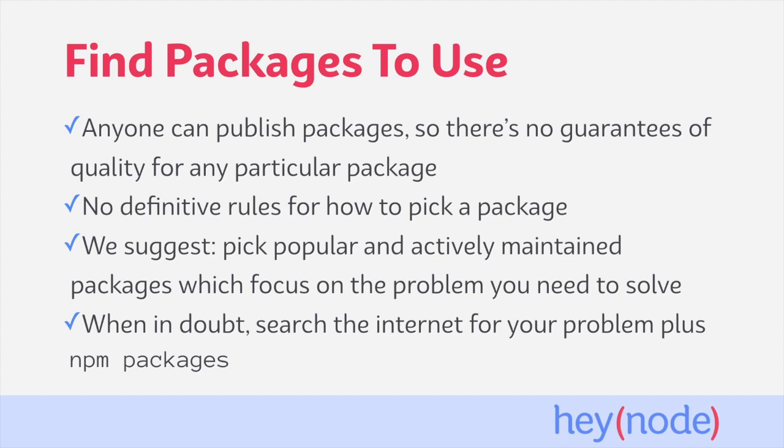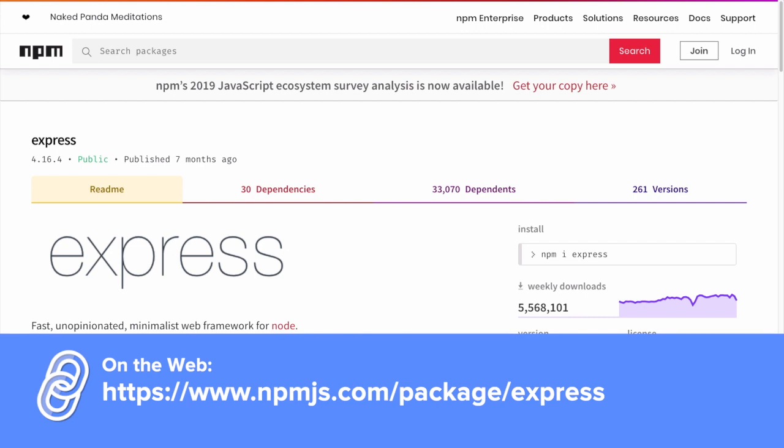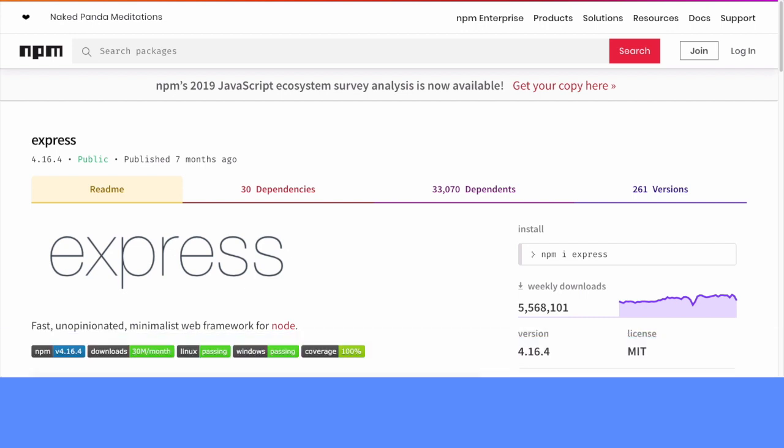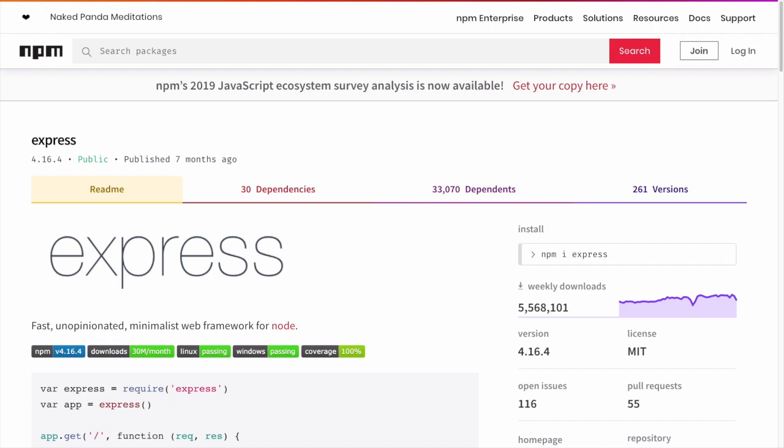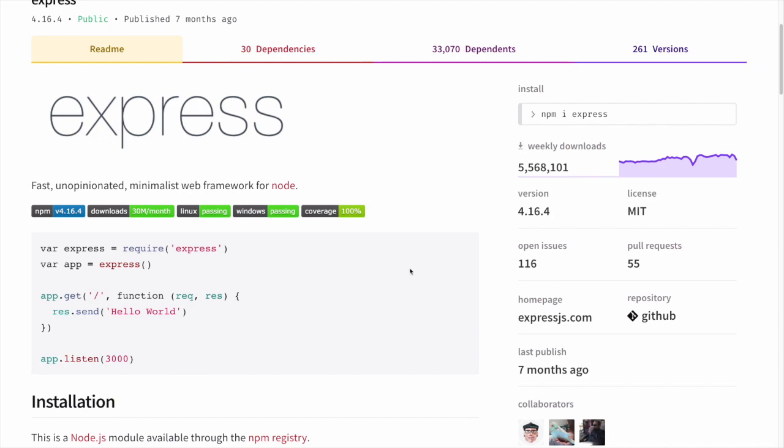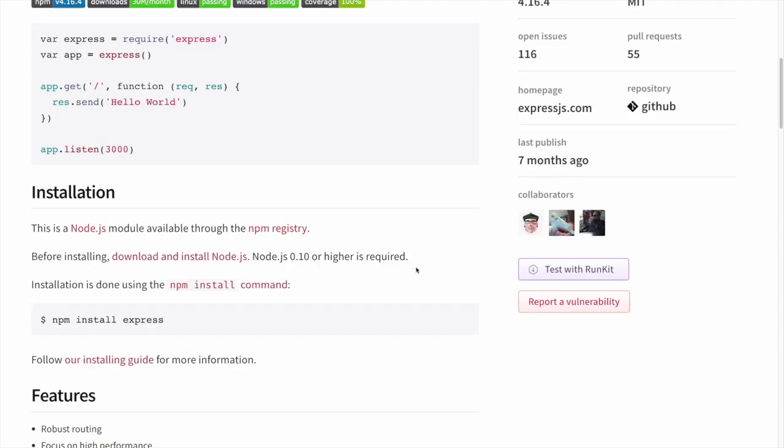Let's take a look at a package listing on npmjs.com and some of the information available to help us choose a package. Each package published to npm has its own page on npmjs.com. The page will list metadata about the project and pulls in the project's README file. We can take a look at the information on this page to help us gauge if the package is active. The main body of the page is pulled from the README file for the package. Hopefully this will have some getting started information and links to any documentation.